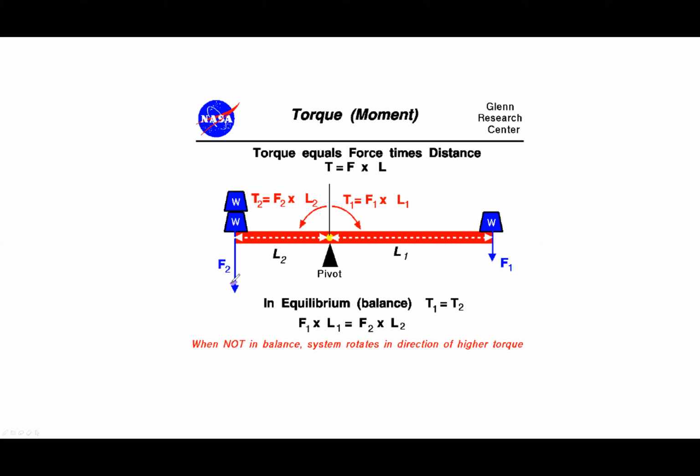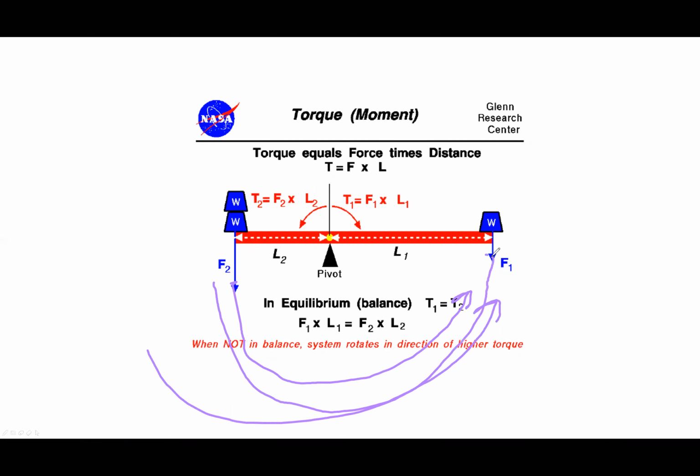This force is producing anti-clockwise torque. So you will keep the fingers in this direction. The thumb will show the direction of torque, which is towards you, towards the reader. So it will be positive. This body is producing torque in clockwise direction. If you keep the fingers of the right hand in clockwise direction, the thumb will be directed away from you. So clockwise torque will be negative and anti-clockwise torque will be positive.